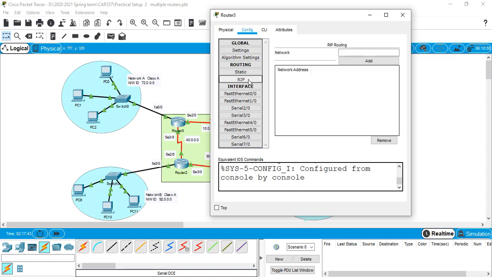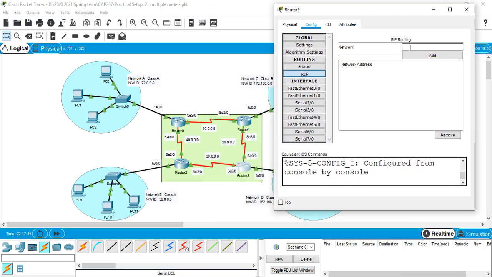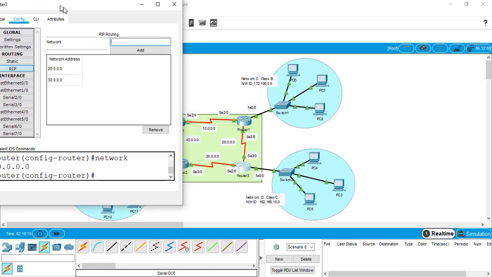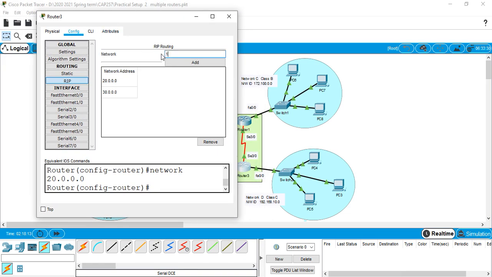Go to RIP, and in RIP add 30.0.0.0, then 20.0.0.0, add, and the third is network D, which is 192.168.10.0. Okay.